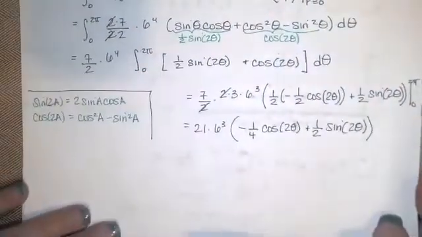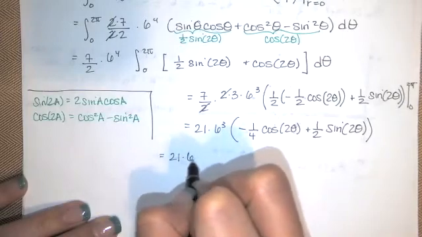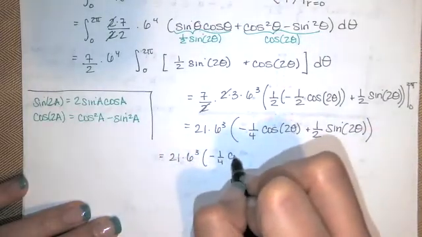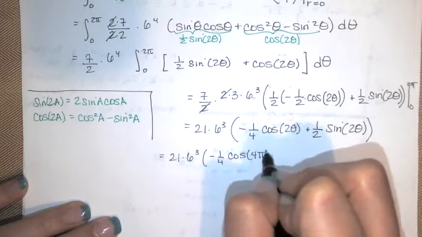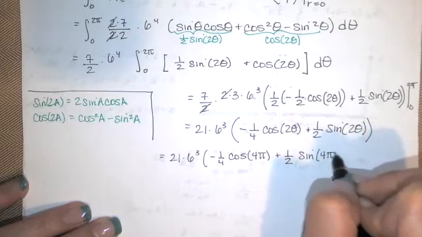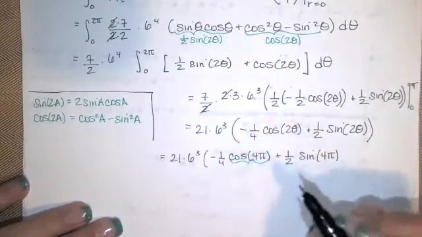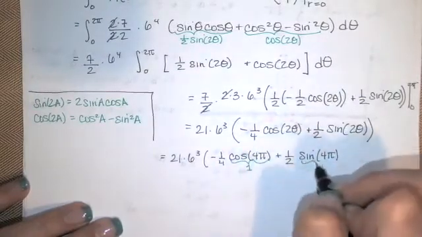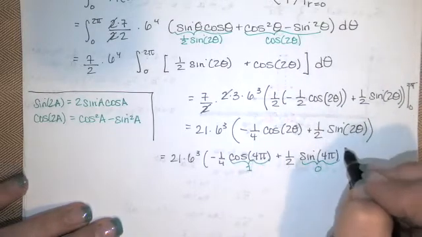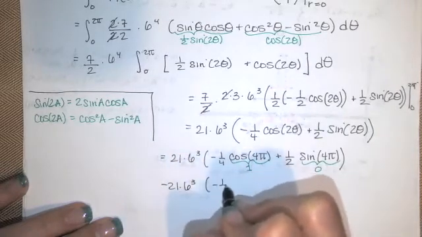And I hope you guys can see that we're going to get 0 from this. Maybe it's not obvious. But let's see, when I substitute in 2 pi, I'm going to have negative 1/4 cosine of 4 pi plus 1/2 sine of 4 pi. Now cosine of 4 pi is the same as cosine of 0, which is 1. And sine of 4 pi is the same as sine of 0, which is 1. Or sorry, 0. Then we're going to subtract that 21 times 6 cubed times this,